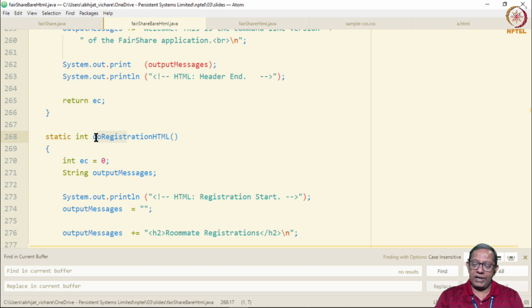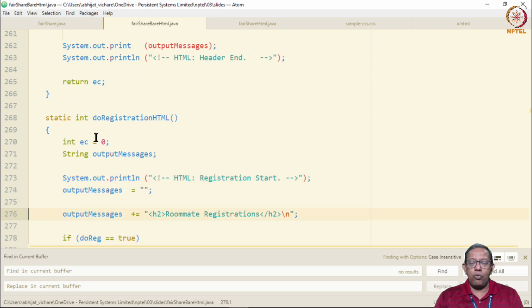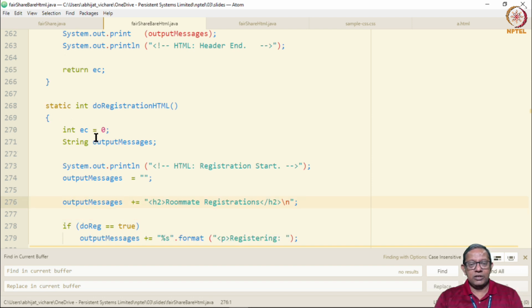We will come to this point again. The structure of producing HTML for registration is also very similar. We use the output messages local variable to go on collecting the contents of the registration section of the HTML page. So it starts with an H2 header, roommate registrations, and then